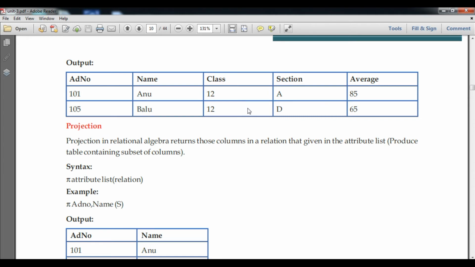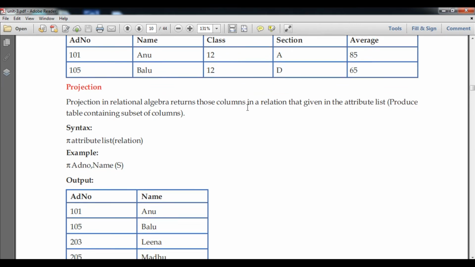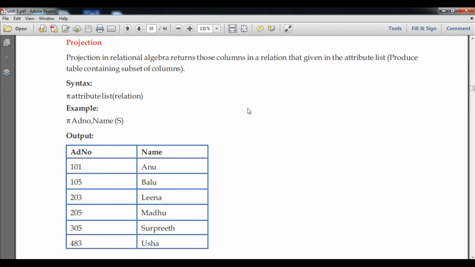Now we discuss projection. Projection in relational algebra returns the columns, not the rows, that is, the attributes, in a relation: an attribute list containing a subset of the columns. Projection is depicted by pi.